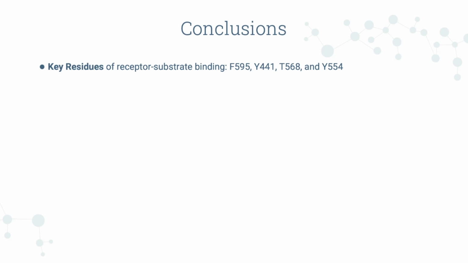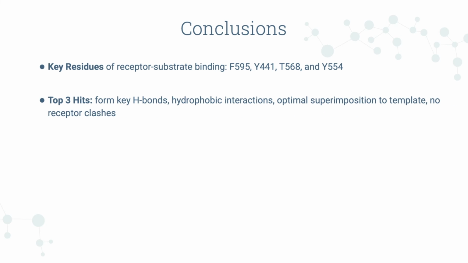Overall, this study examined the features of COP1 TRIB1 binding, and the crucial residues that facilitate this receptor-substrate interaction were identified as F595, Y441, T568, and Y554. The top 3 drug-like ligand candidates were identified by an interactive analysis that considered RIDE scores, docking scores, hydrogen bonding, and hydrophobic interaction. The ability of these top hits to form important hydrogen bonds and hydrophobic interactions with COP1, their optimal superimposition with the template, and the lack of receptor conflicts altogether make the 3 hits promising candidates for small